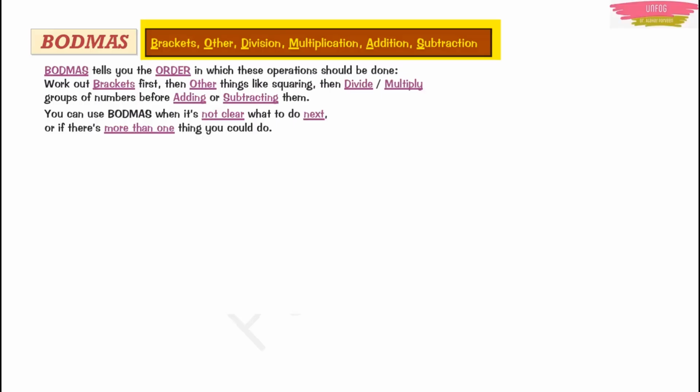You can use this BODMAS when it is not clear what to do next. Because if you do whatever you feel, then your answer will be wrong. So this is the procedure for mathematical operations to be carried out. For example,